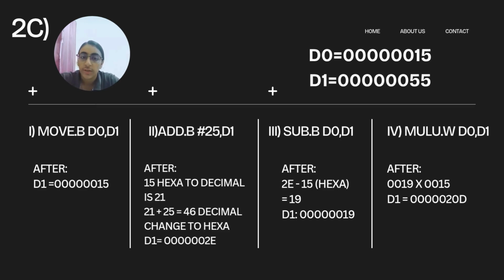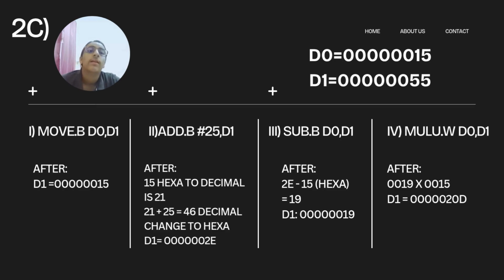Then for question 3, sub.b D0 D1. Sub means subtract, meaning minus, and .b is again two digits. Since it's byte again, you're gonna take back from the earlier question, question 2. You're gonna take 2E from D1 of question 2 and 15 from D0 of the main question. Then you're gonna minus, so 2E minus 15. You're not gonna change this to decimal because it's gonna be in hexa only. You're gonna get 19, and then your D1 answer should be